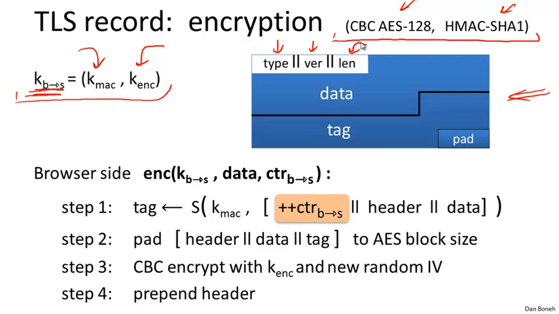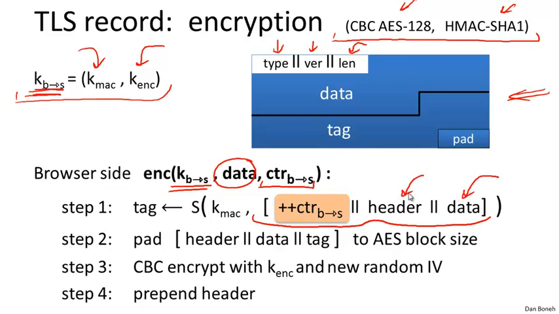Now, when encrypting a certain record, the encryption procedure works as follows. Of course, it takes the key as input, and it takes the current state as input, and then it works as follows. First of all, it would MAC the following data. Here is the actual payload that's MAC'd, but the header is also MAC'd. And in addition, the current value of the counter is also MAC'd, and of course, the counter is then incremented to indicate the fact that one more record has been sent.